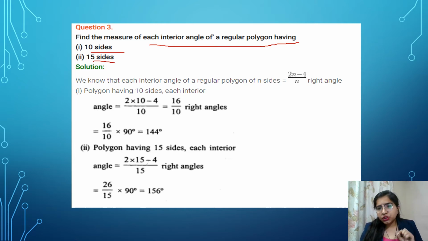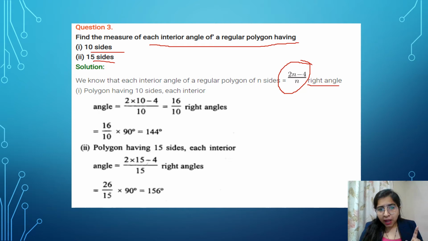So for this, students, you have to find the interior angle of a regular polygon. For this, you have to learn one formula. To find the interior angle of a regular polygon, the formula is (2n minus 4) divided by n, into right angle. Clear, all of you? You know a right angle very well, it means 90 degree. So your question will arise, what is the value of n over here? n is the number of sides.